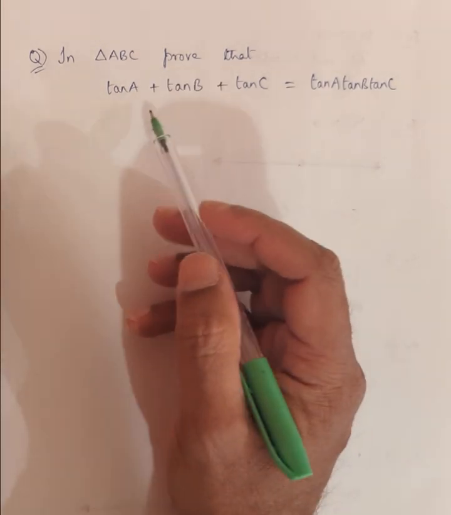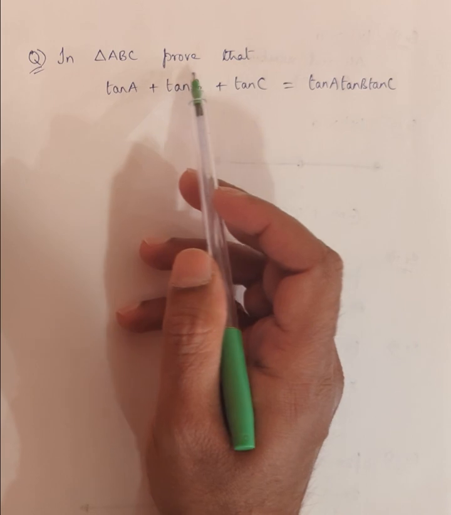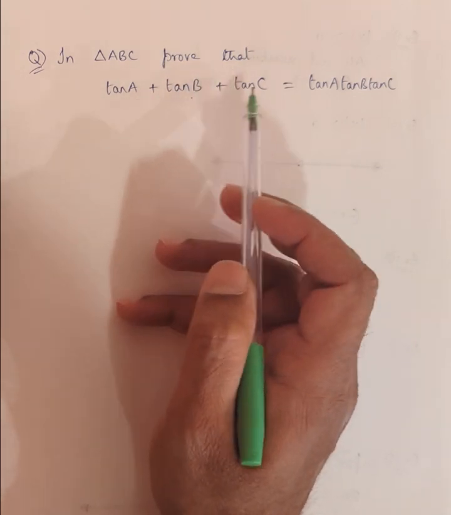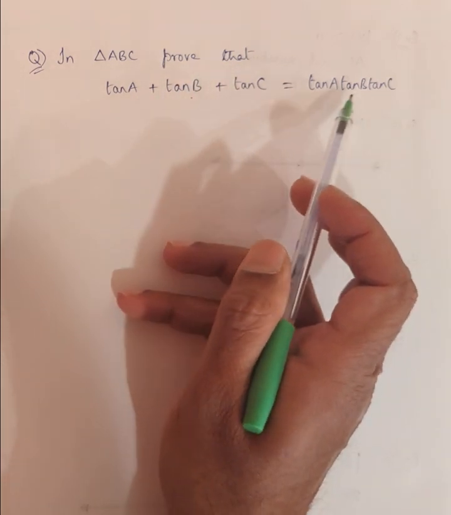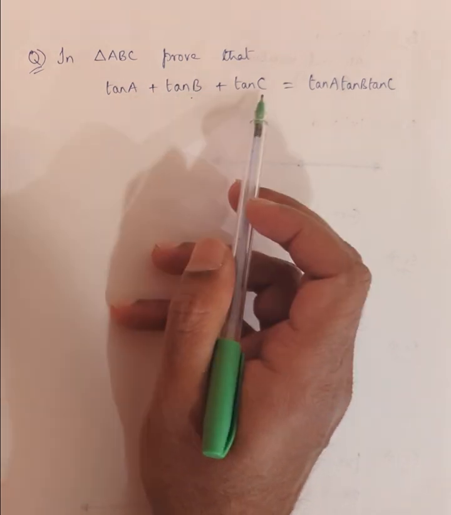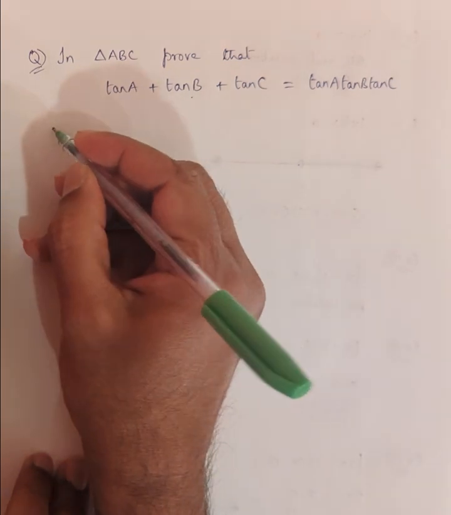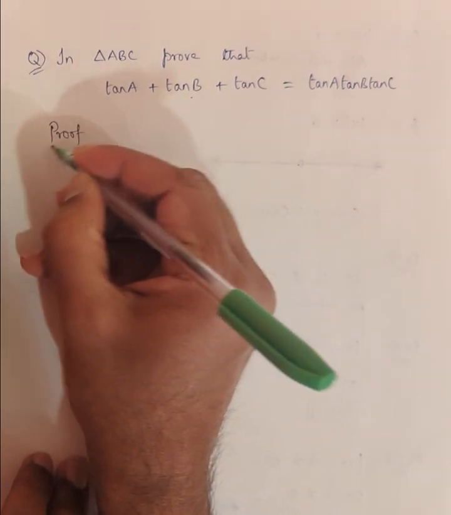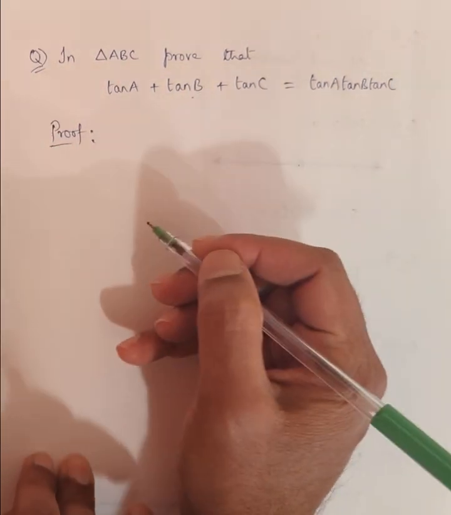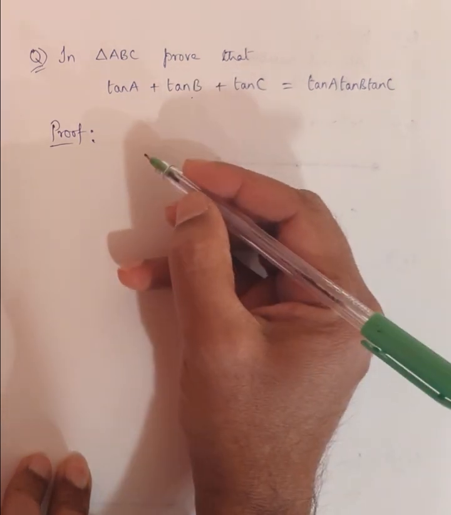Here's an interesting question. In triangle ABC, prove that tan A plus tan B plus tan C equals tan A tan B tan C. So the sum of these three quantities is equal to their product. Let's begin the proof. Now before we can understand the proof, we need to know that